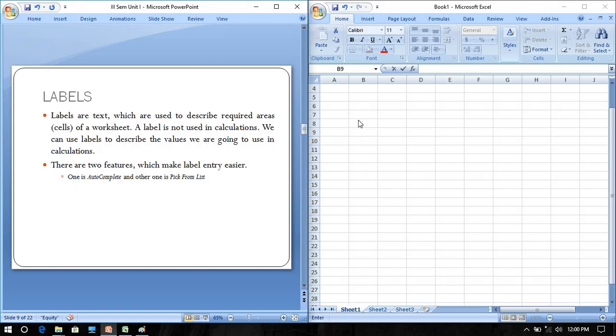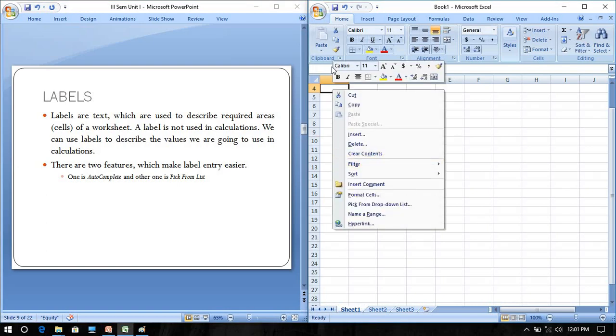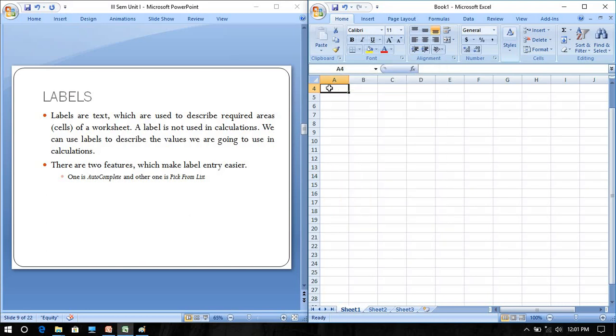So that is not used in calculations. Basically we don't use labels in a calculation. Remember that. Suppose I want to make one label here, names, then result.